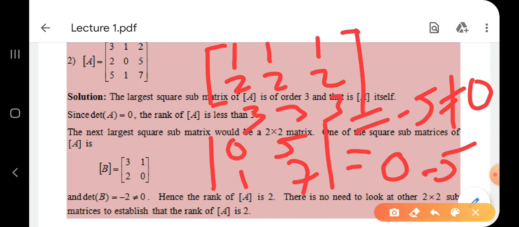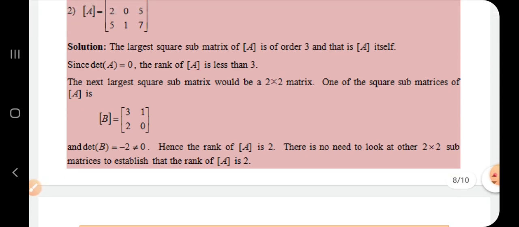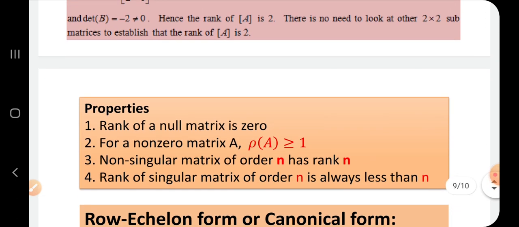Now for this matrix, if you check, the 3 by 3 determinant is 0. For 2 by 2 you can take any one 2 by 2, 1 1 2 2, it is also 0. The determinant is 0. So only the singleton remains, rank 1. Right? So this is a complicated process, or you may say a lengthy process. So we are not going to use this process for finding the rank of a matrix. We will do elementary operations or elementary row operations to find the rank of a matrix.